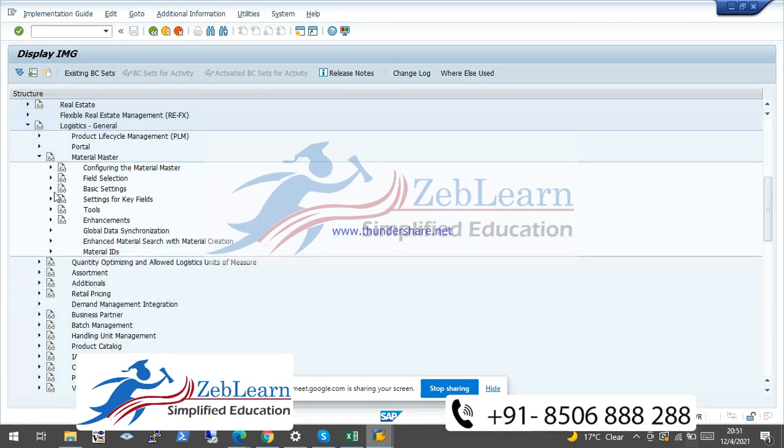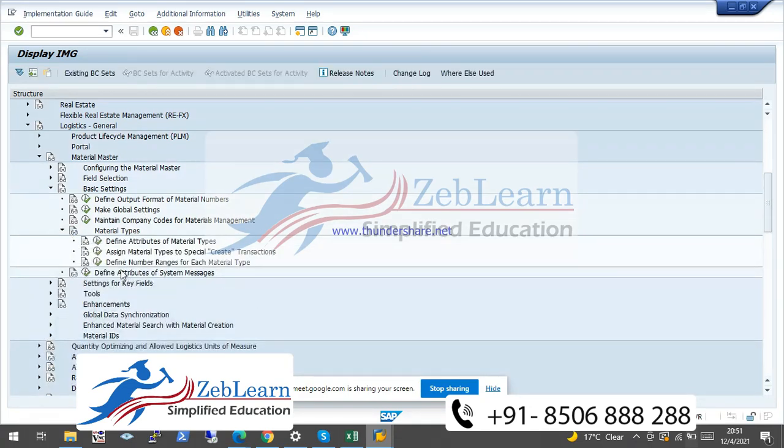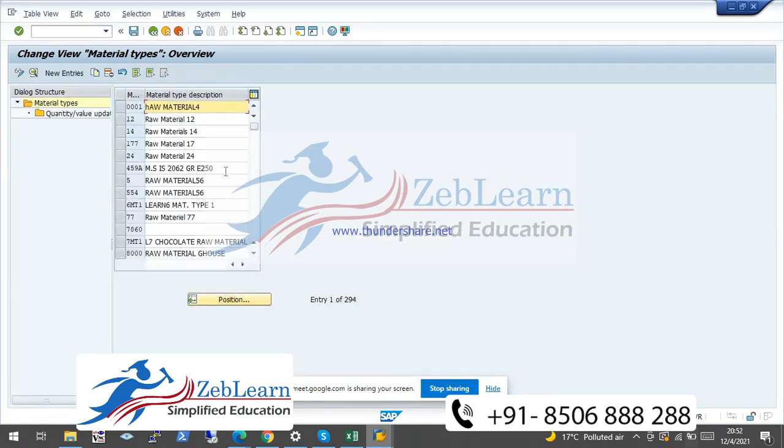We have to go to the basic setting and go to the material type, and click on define attributes of material types. Here all the material types are available in this screen.